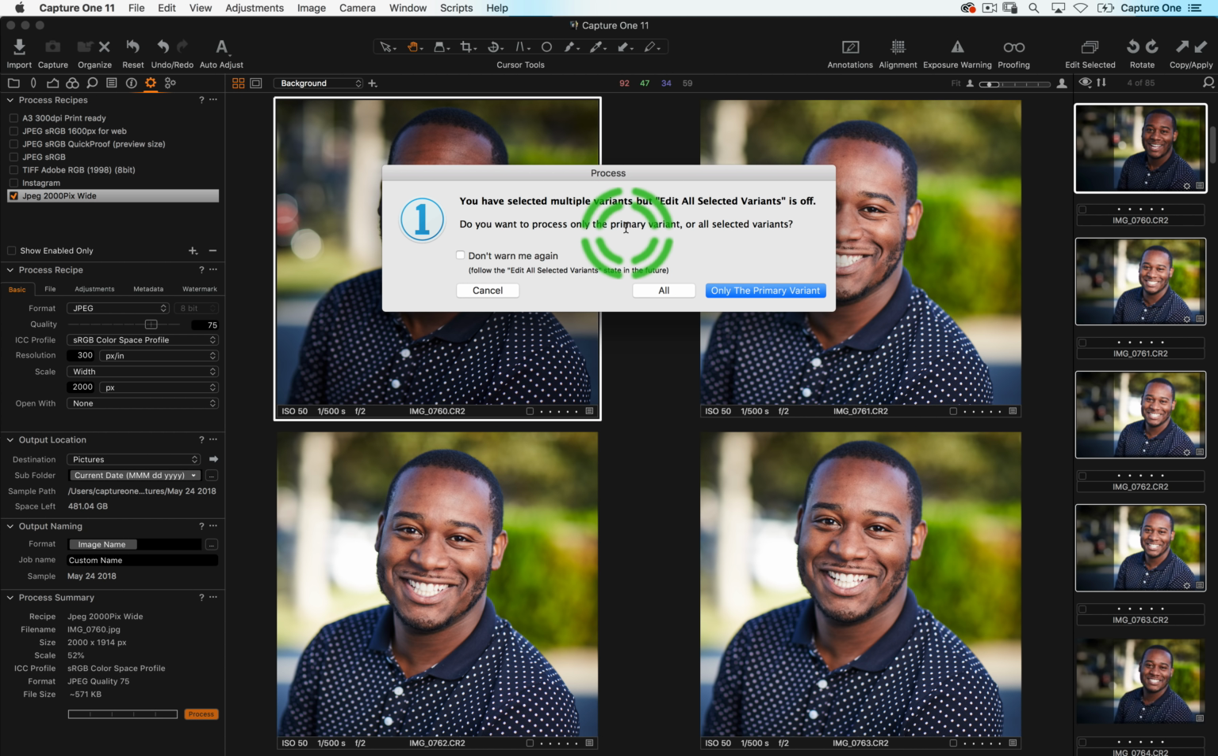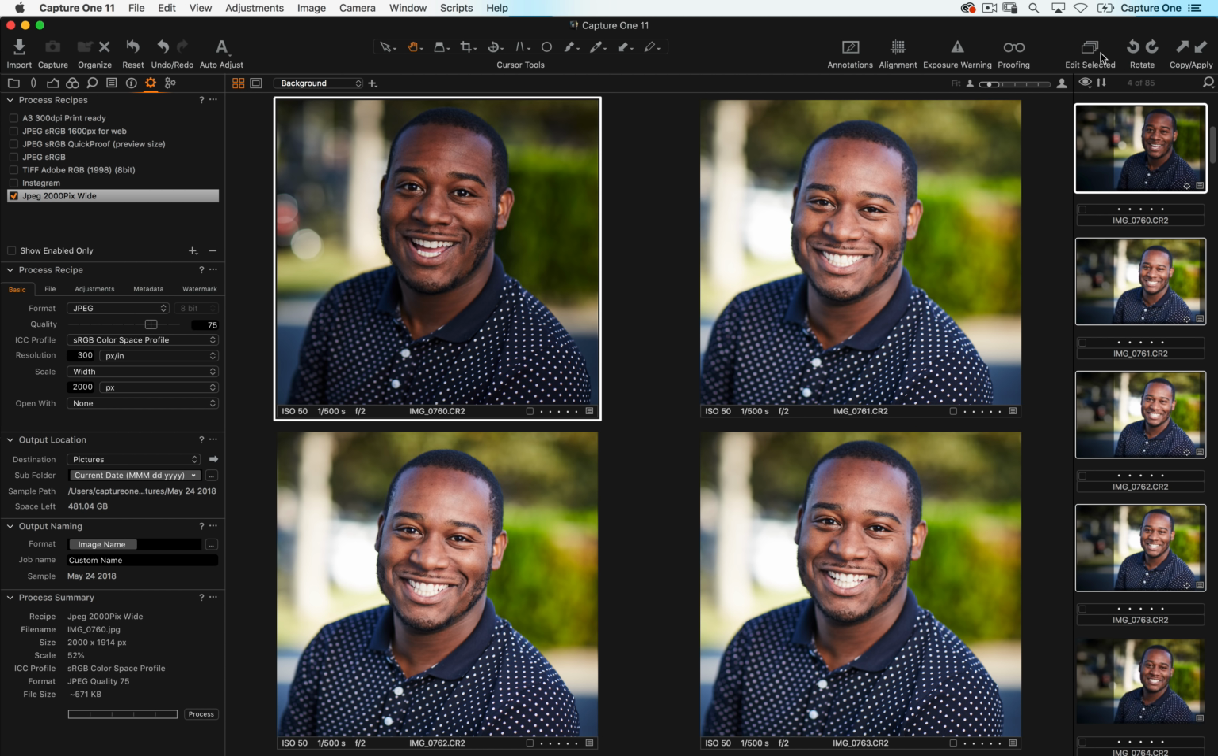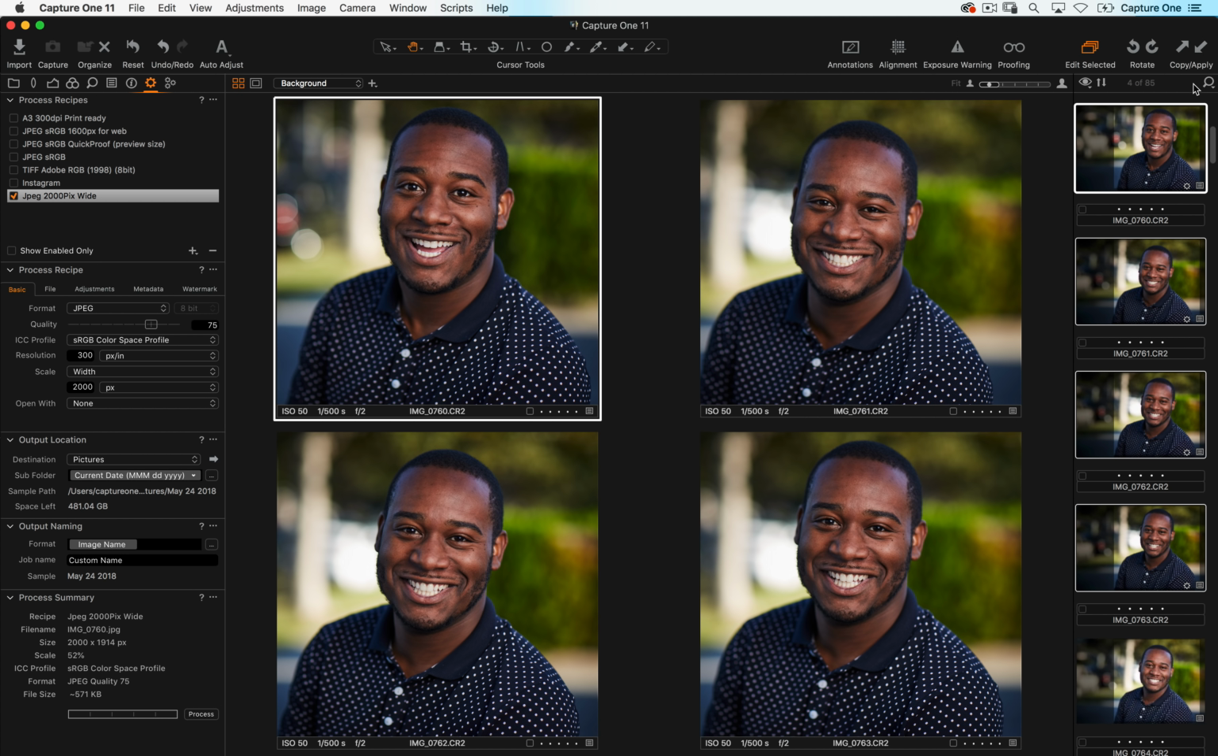Do you want to process only the primary or all the selected? So generally this should be on. You might be thinking, why on earth would you ever want to turn this off? Great question out there. Well, it can be very handy, certainly if we're looking at a bunch of images like